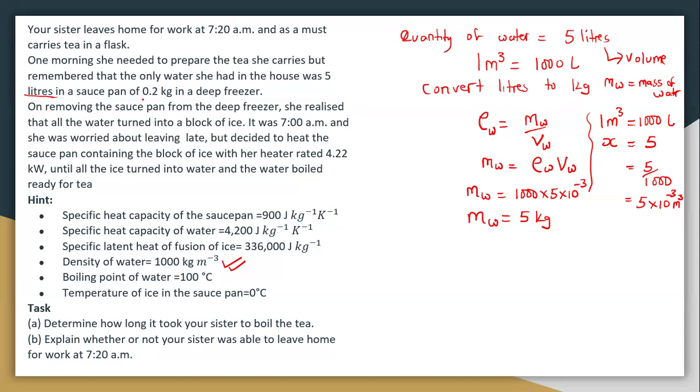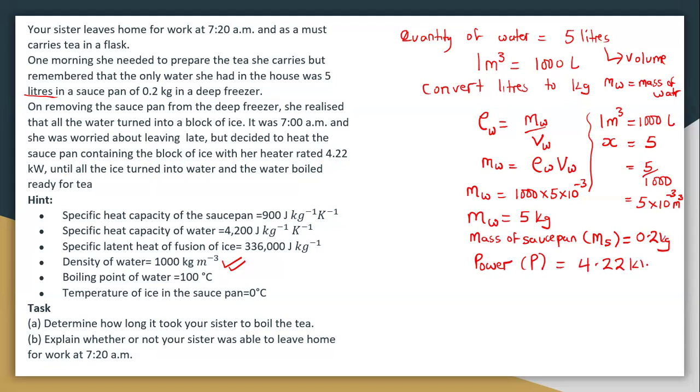Then when we continue, the mass of the saucepan, I want to call it MS, is equal to 0.2 kilograms. On removing the saucepan from the deep freezer, she realized that all the water had turned into a block of ice. It was 7 a.m. and she was worried about leaving late, but decided to heat the saucepan containing the block of ice with her heater rated 4.22 kilowatts, meaning that they have given us our power, which we can call P, is equal to